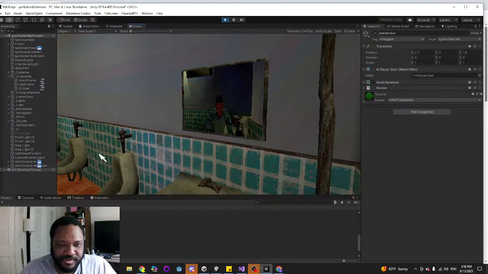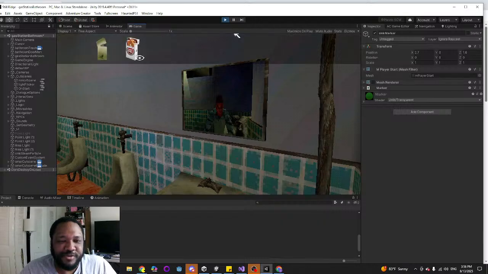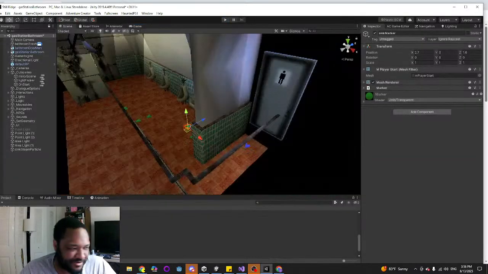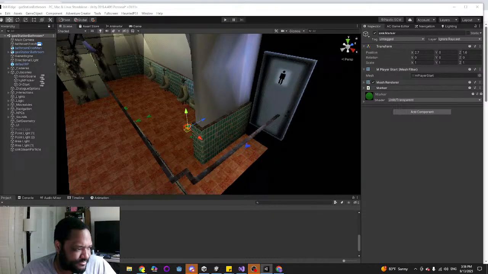Yeah, this is a little creepy when you don't have him standing in front of the mirror. So, okay, I need to get my guy in front of the goddamn mirror. Yep, I am making progress, and that's what this is about.